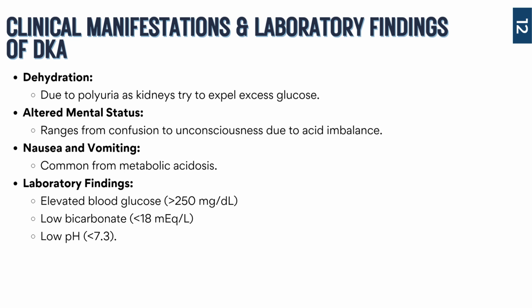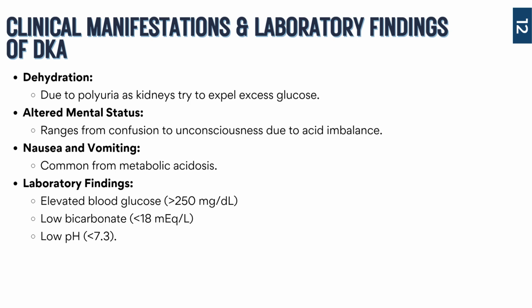Blood gases are another order that might come through. Those often reveal low bicarb levels, typically under 18 milliequivalents per liter. That happens as the body has used up all the available bicarbonate in an attempt to neutralize the acids in that buffer system, okay? So what little bicarbonate you have in your system, when you become acidotic, your body is trying to use that to maintain the pH. But you don't have enough to truly maintain it, okay? So the pH of the blood is probably going to drop below 7.3, indicating that acidosis.